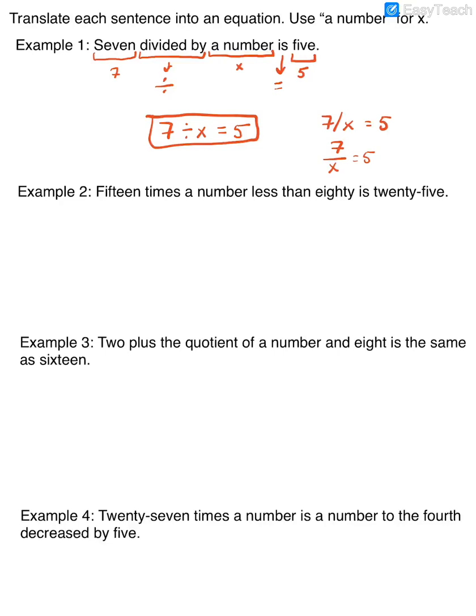15 times a number less than 80 is 25. So here, I see 15, I see 80, and I see 25. Okay, all numbers. Okay, I see an is, so that means equals. I see a times, so we know that's multiplication. I see a number, so that should represent x. And I see less than,